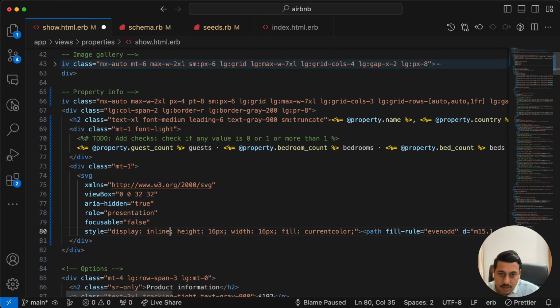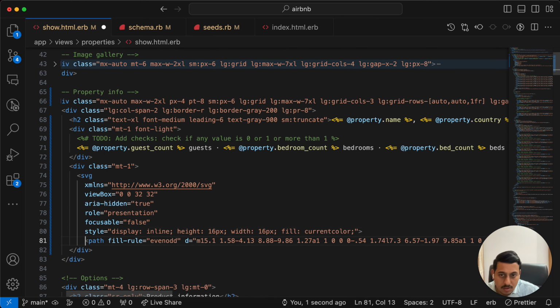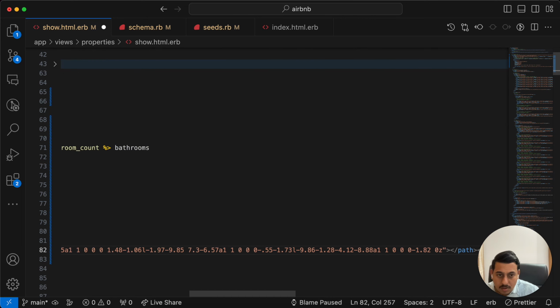Instead of block, let's write it as inline. Now let's do